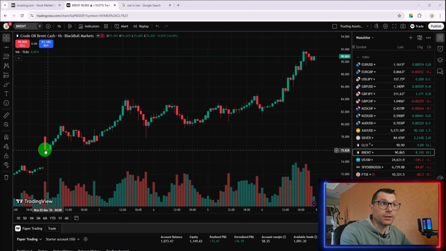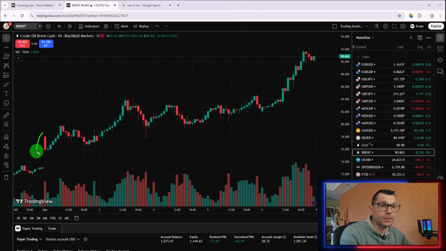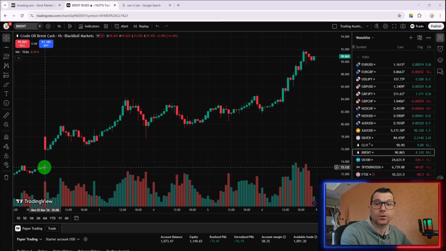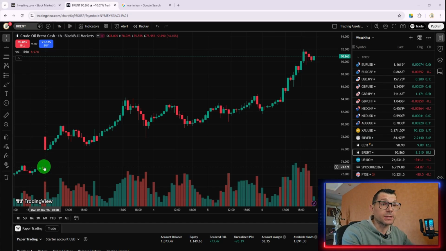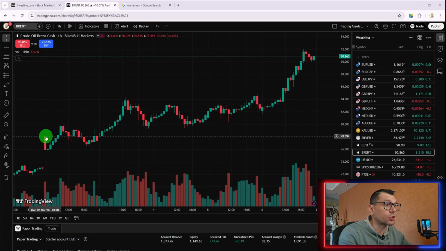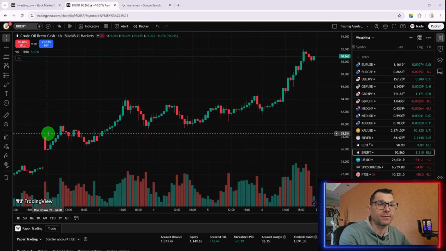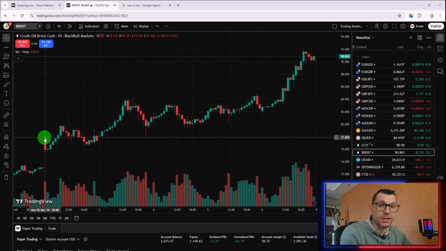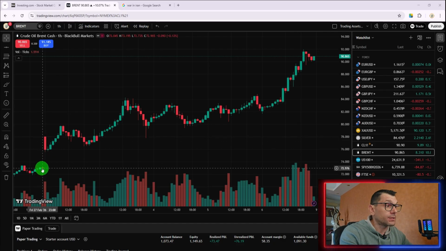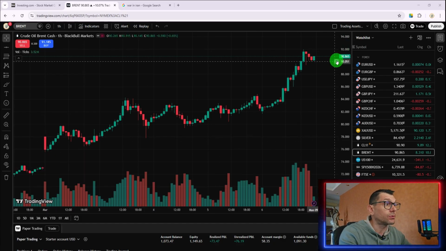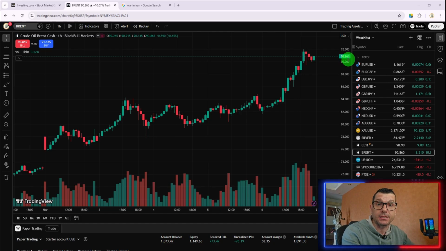So if you look at here, right, there's a huge gap in price. So this is the price that closed on Friday, right? And as you may see, the price back then was $73 per barrel on Friday. And then starting from Monday, the price opened straight away at $78 per barrel. So imagine 73, 78, it's $5. The price went up right away the next day. And since then, from $73, it's now today at $90.86.